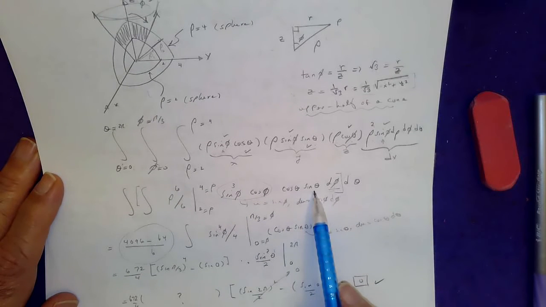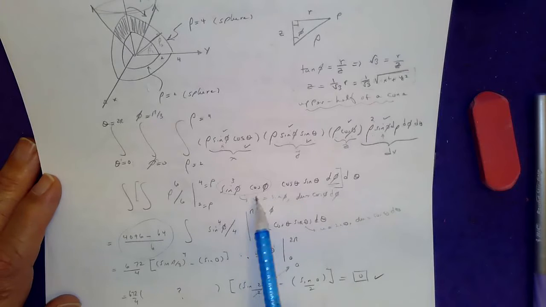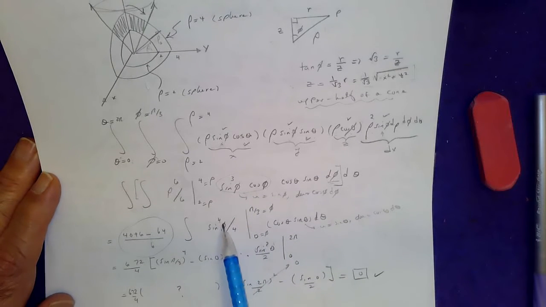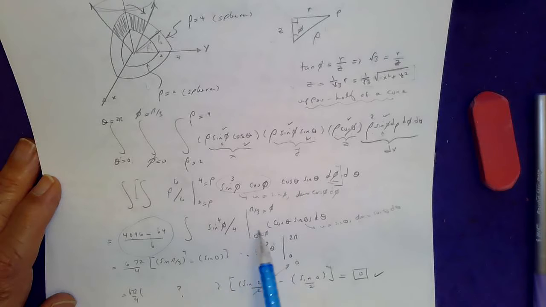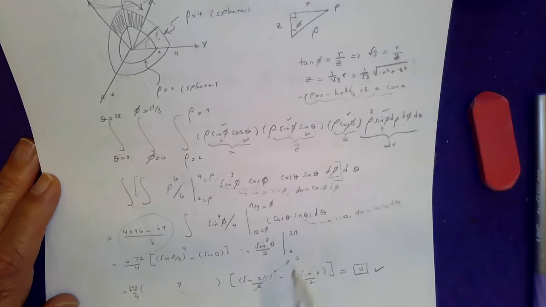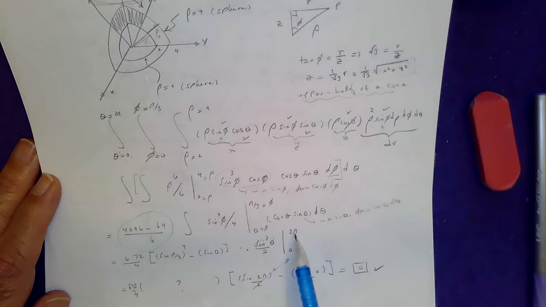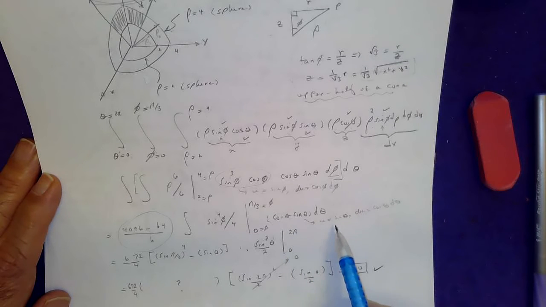So forget about cosine theta and sine theta. If this is u, the du is sitting right next to it, so that's sine to the 4 phi over 4. Evaluate between 0 and pi over 3, so you get other constants. And finally, if you let u be sine, du is sitting right next to it, so this guy is